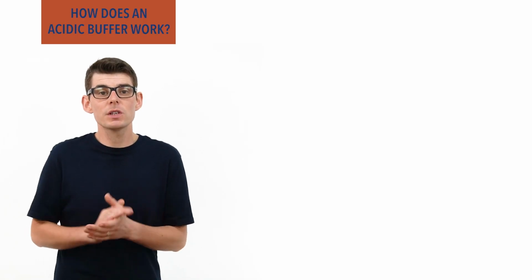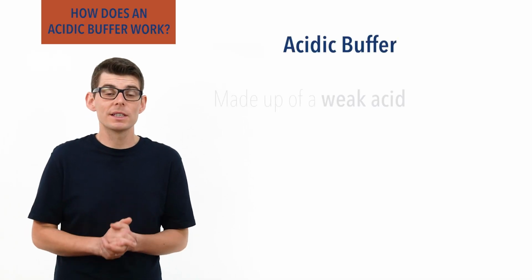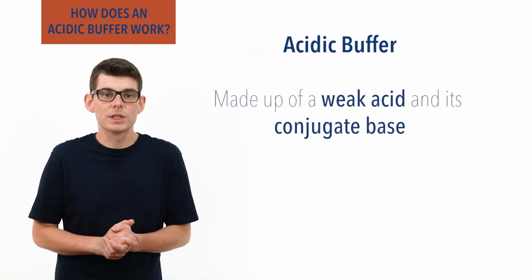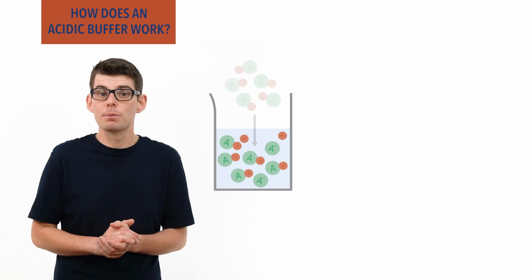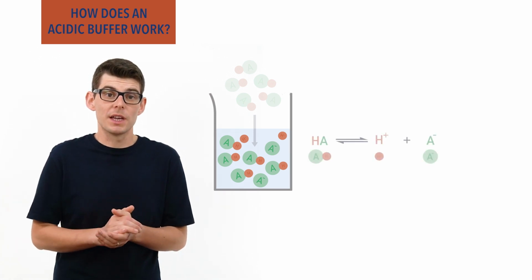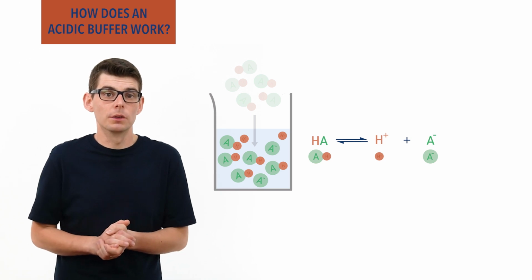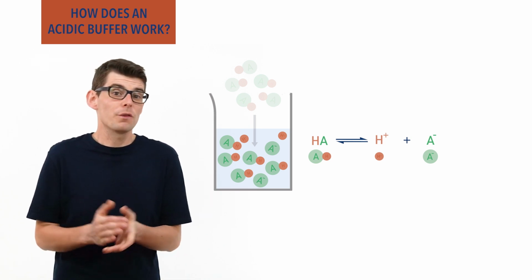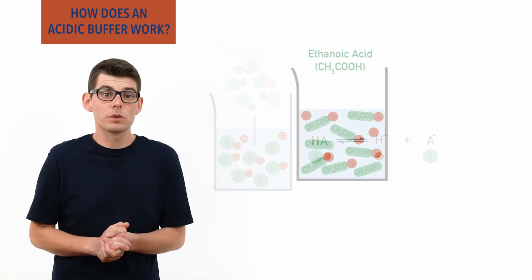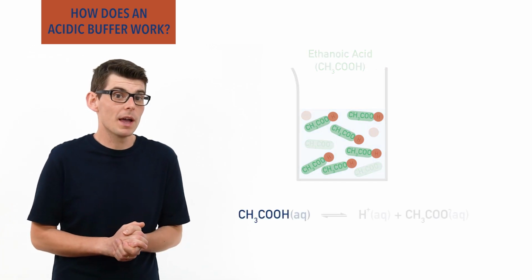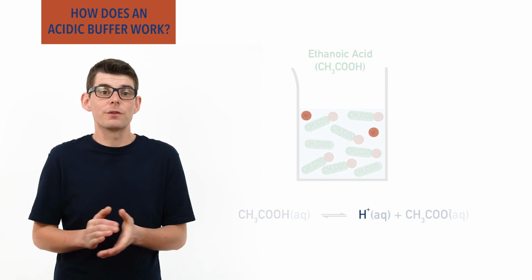An acidic buffer solution is made up of a weak acid and its conjugate base. When dissolved in water, weak acids form an equilibrium system between molecules of the acid, HA, H+ ions, and conjugate base ions, A-. For example, ethanoic acid in water gives a mixture of ethanoic acid molecules, CH3COOH, H+ ions, and ethanoate ions,